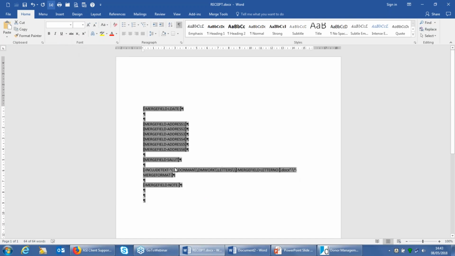But when you do, make sure that you go back to this mode here, so push Alt F9, go to the end of your field, and delete everything up to the last bracket. Don't delete the last bracket, because then your field is broken basically and it won't work. If you do that, that will save hours of pain and anguish of trying to figure out what's wrong